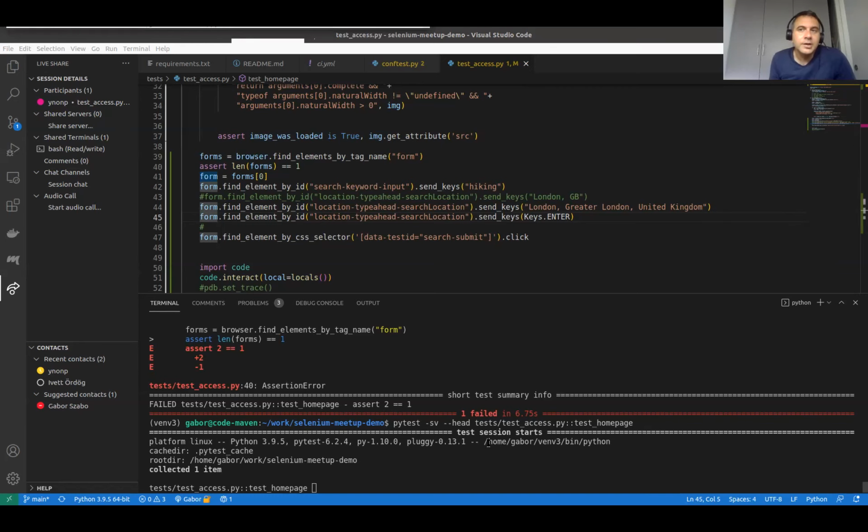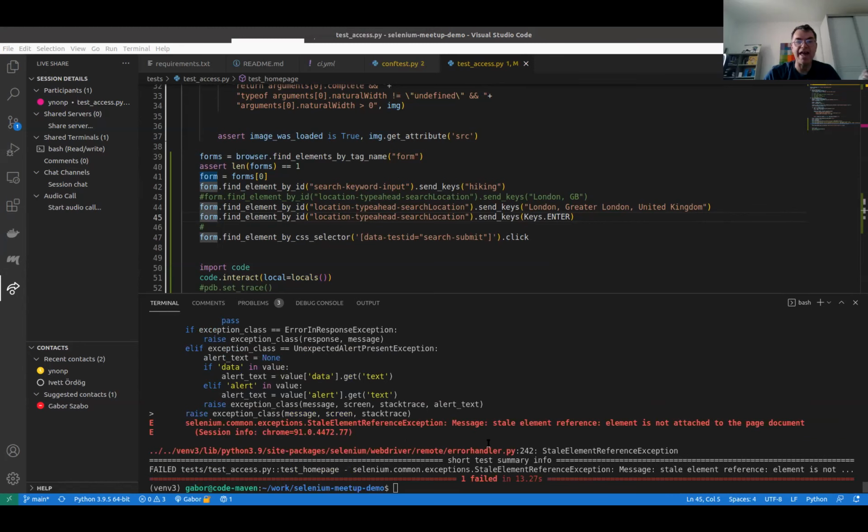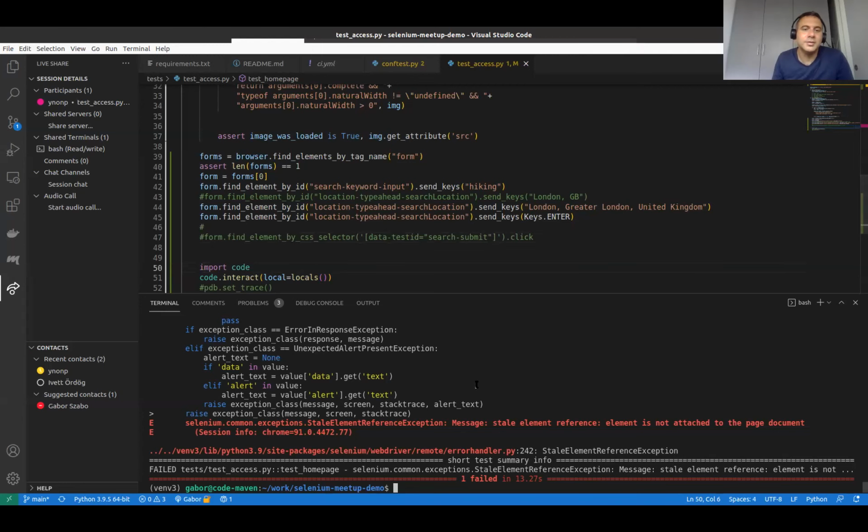We can decide to take only the first one. Yes. What happened? It worked. I can't see it. It crashed then. Is this an error? Selenium common exception. Yeah, because of line 47. You see, after you clicked enter, enter submitted the form. Maybe. Here, run it again, and it will work.